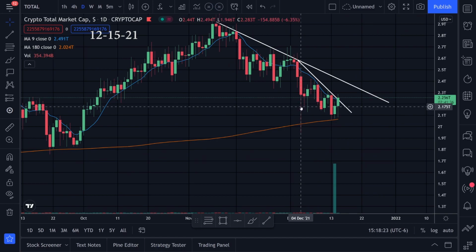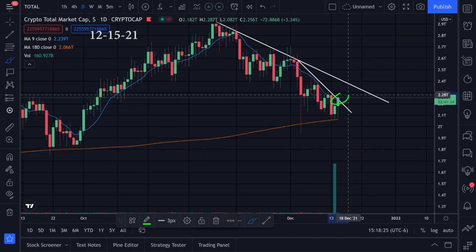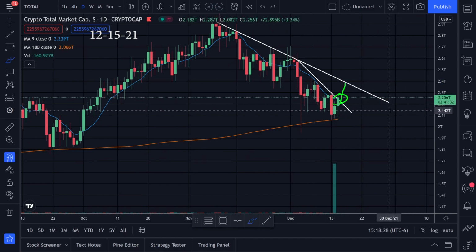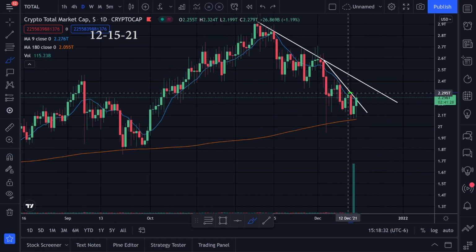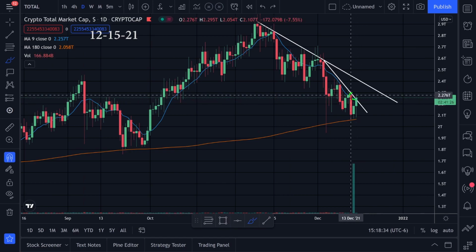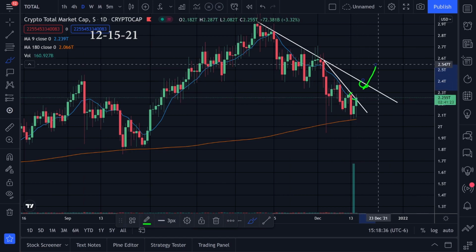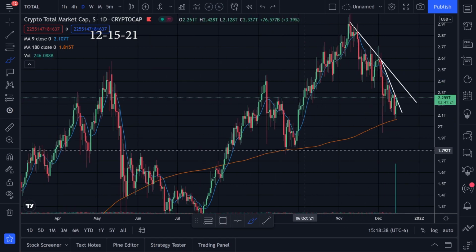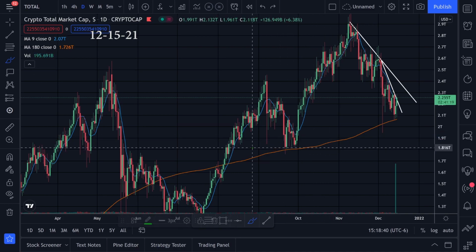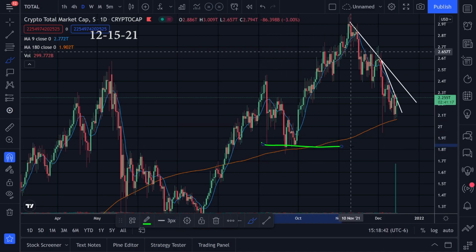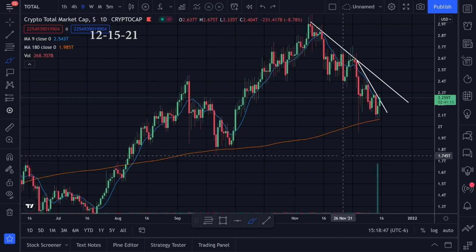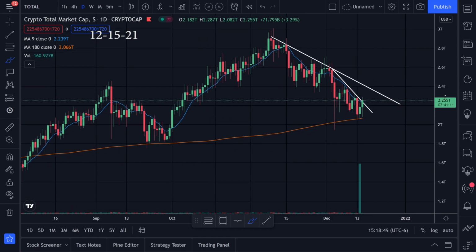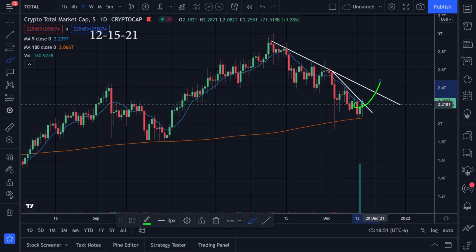It looks like we're breaking the first one, and it looks like we might be coming in to test that second one. So let's see if we could keep this momentum going to the upside. Once we start, it looks like we're breaking this one, so this is a nice little start. If we could break this one, this will be even better, and I'll be a little less confident about these lower targets on some of my coins, like 41,000 on Bitcoin and some of the lower ones on like Ethereum and the other ones. So right now, it would be nice to see us break through.